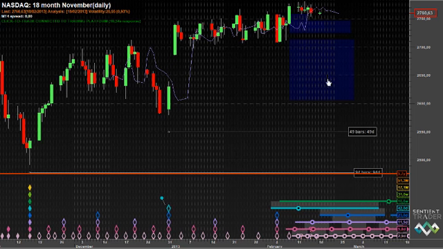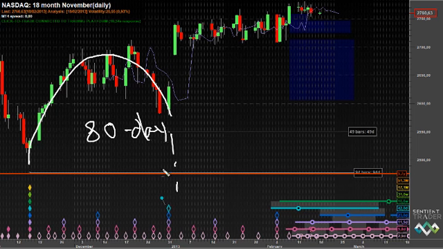So what is most probably the dominant cycle in the Nasdaq at the moment? Well, I mentioned a very easy way of determining what the dominant cycle is in the market is to take a look at a clear shorter cycle shape, and in this case that is an 80-day cycle. So there was a very clear 80-day cycle shape following the formation of the 18-month cycle trough according to this analysis. That implies that, of course, 2 cycles longer, in this case the 40-week cycle, is probably dominant in the